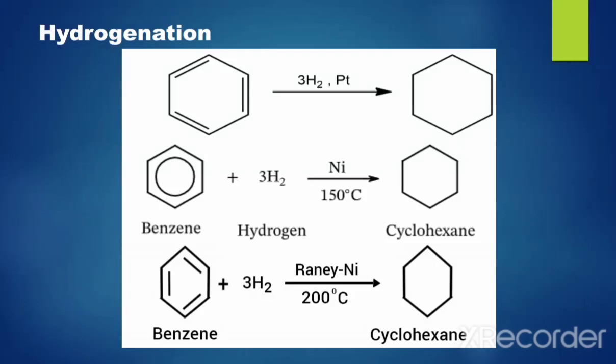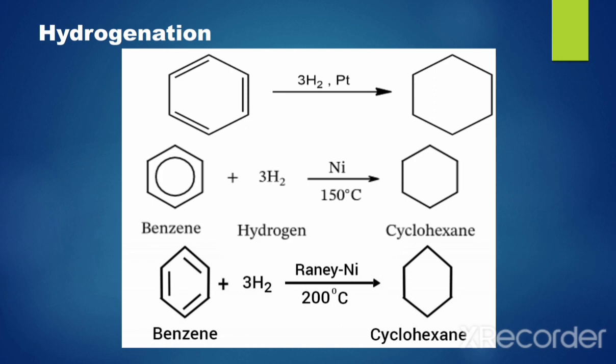In this video, we will learn about some reactions of benzene. First is the hydrogenation of benzene, in which hydrogen is added to a benzene compound, and in benzene, the pi bonds will break, and in the presence of some catalyst, hydrogen will complete the valency of carbon atoms present